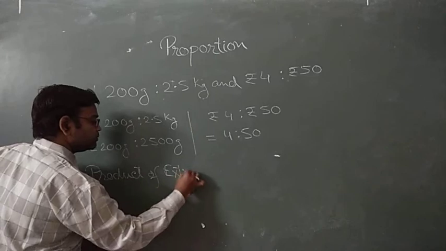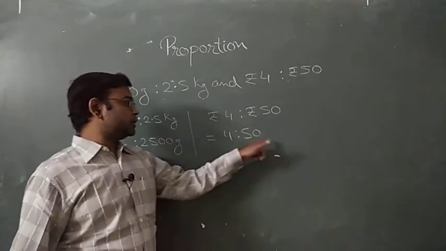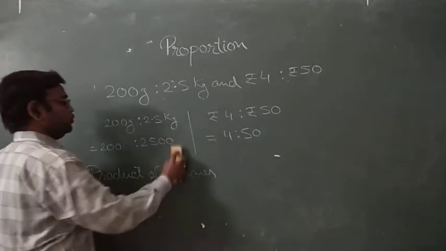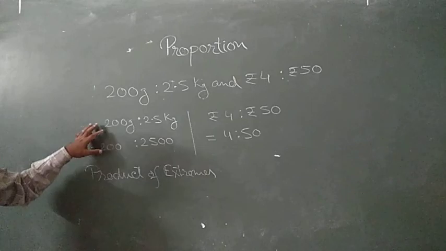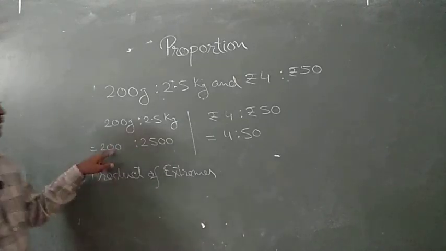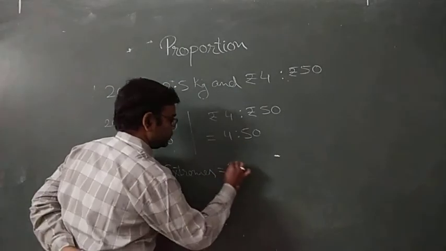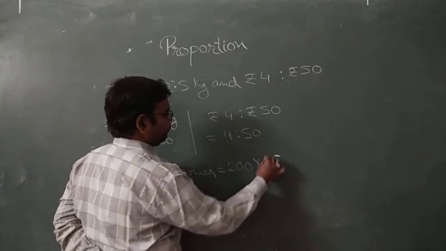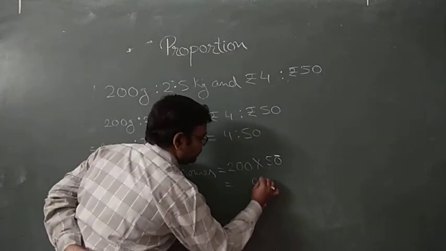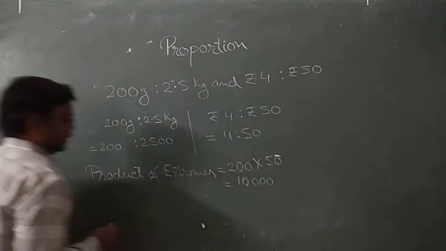Many of you must be confused how it is possible that these are in gram and these are in rupees. So always remember, in a ratio there is no unit. In a ratio there is no unit. So now what do we have? We have 200 and 2500. Product of extremes, these two are extremes. So product of extremes is 200 into 50, it's 10000. And that of means,